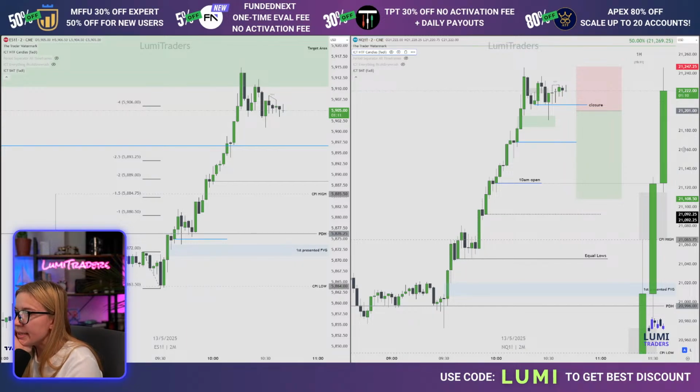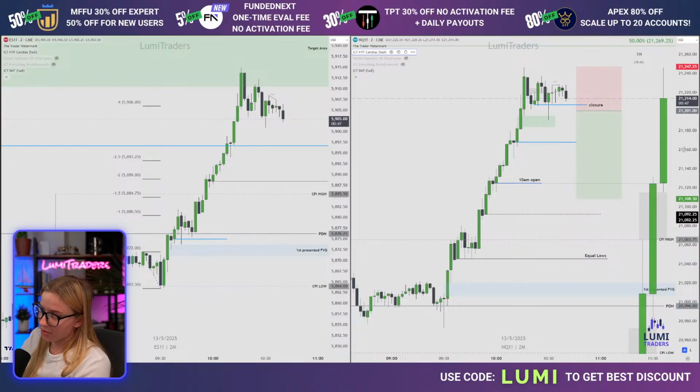Game model, let me read. Next 15-minute candle will take 15-minute. You mean will take this 15-minute candle high? And then price will reverse into 50%. Oh, that's interesting. Market is not scam. Never say this. Because we are not in trade right now. Market is a scam if it's going to reverse like one tick away from our target.